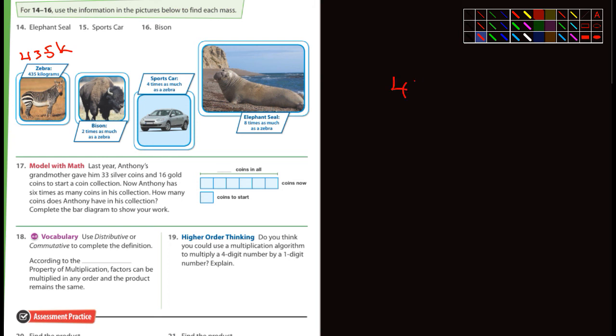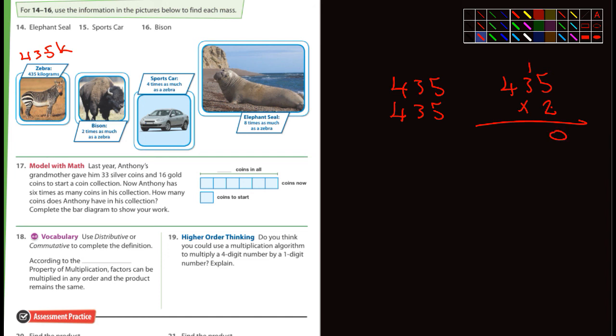How much is a zebra? 435. And I'm going to add 435. Or actually, I suppose we could multiply. Let's do that. 435, since that's what this is about. Multiply that by 2. 2 times 5 is 10. Put down the 0. Carry the 1. 2 times 3 is 6. Plus 1 is 7. And then 2 times 4 is 8. So we have 870. So the bison is 870